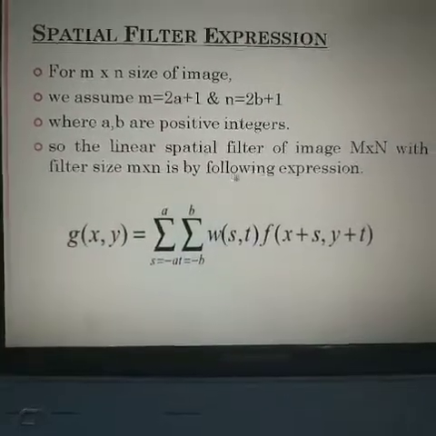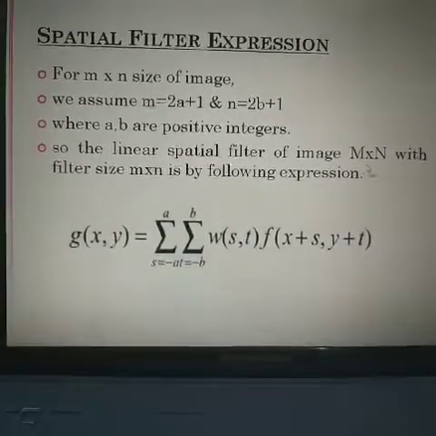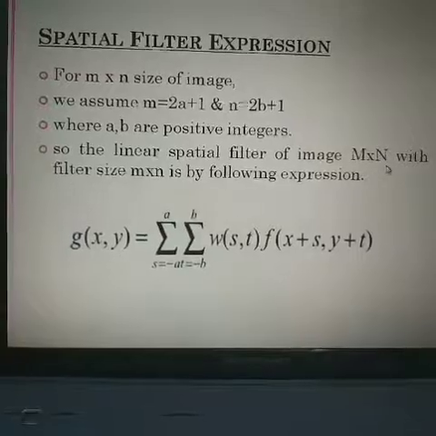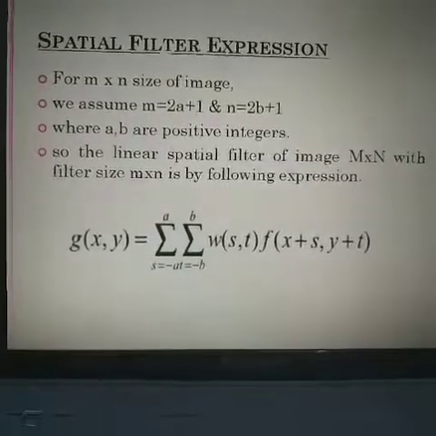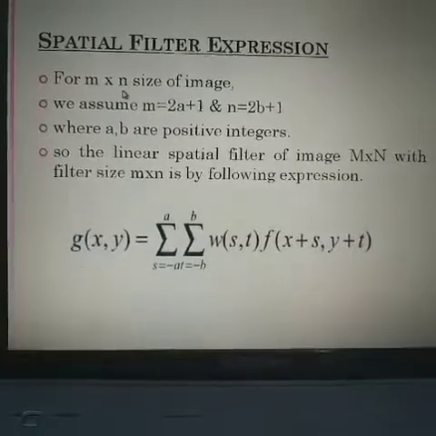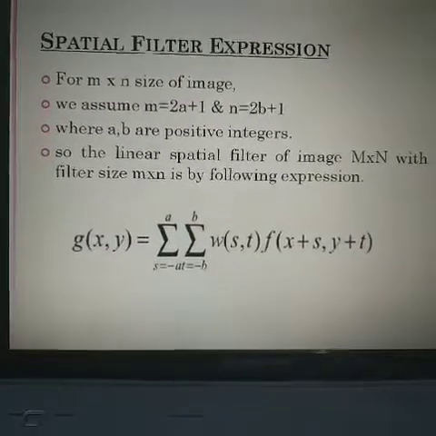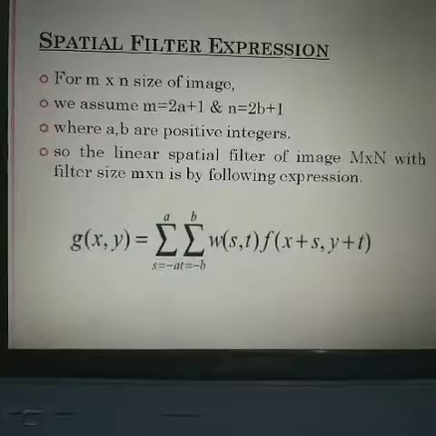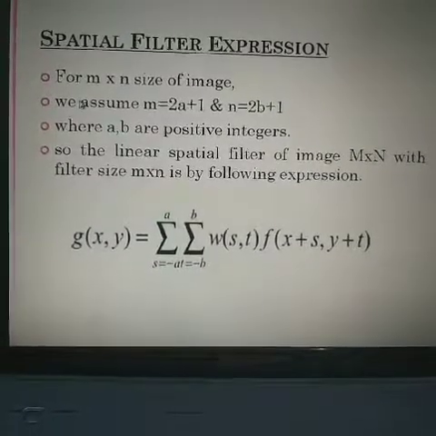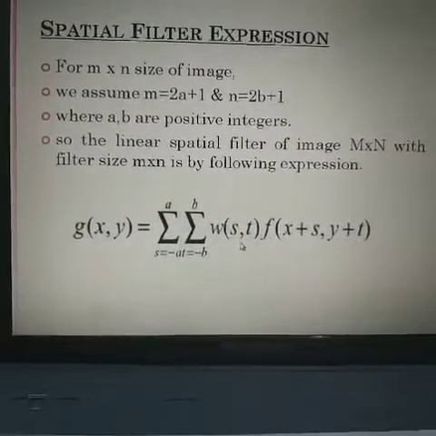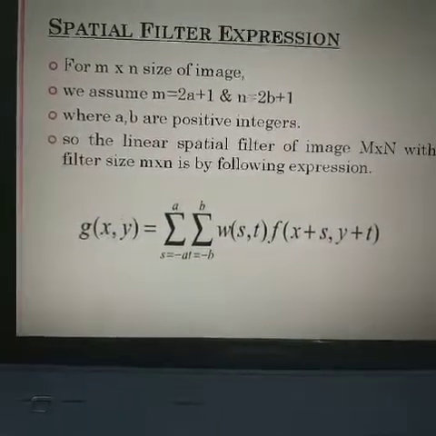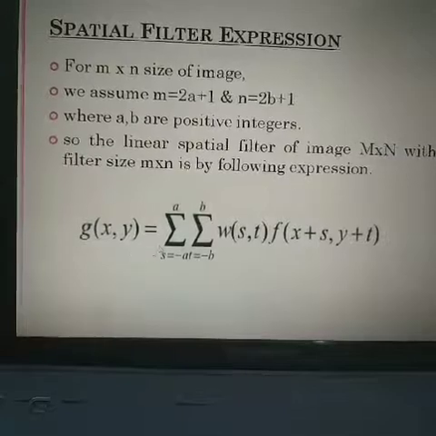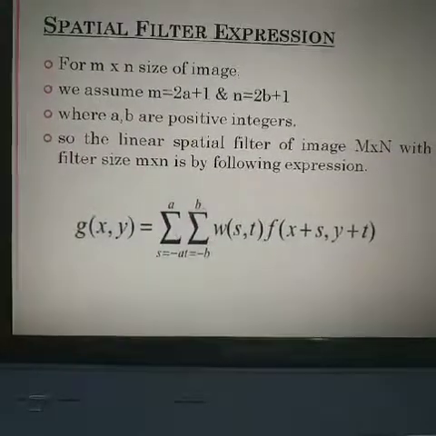So for the linear spatial filter of an image, capital M into capital N is the size of the original image and here m into n is the size of the sub image that is used for the filtering. With the filter size m into n, it is followed by the expression g(x,y), the enhanced image, that is the output image after the modification, which is equal to the sum of the